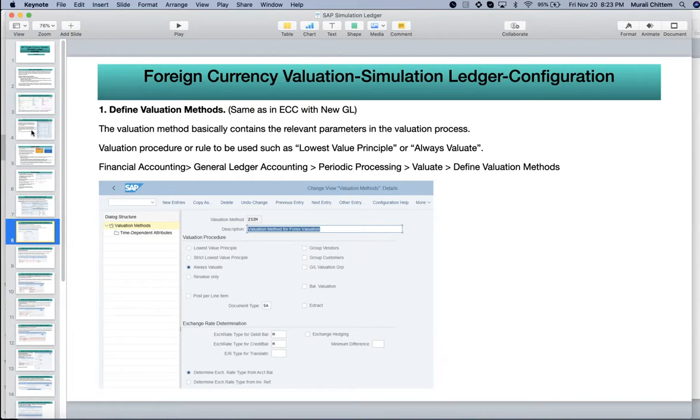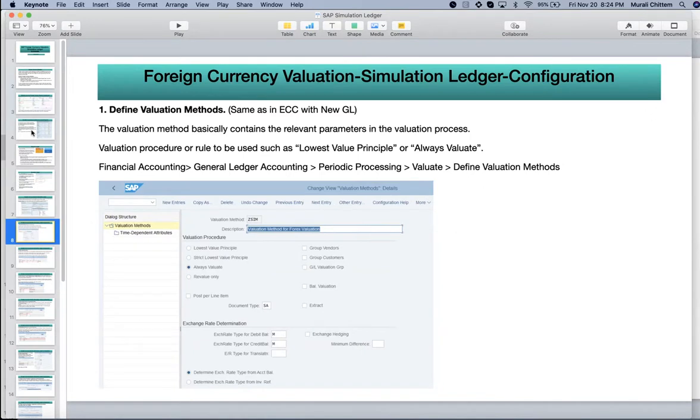Okay. Just for convenience, I kept screenshots of all the configuration. I also went through ECC, to see what the variation is between ECC and S/4HANA. I kept all the screenshots because I have done this configuration in our test system.